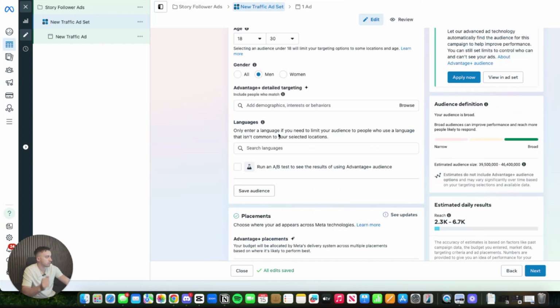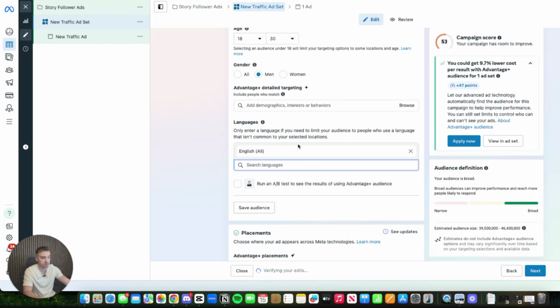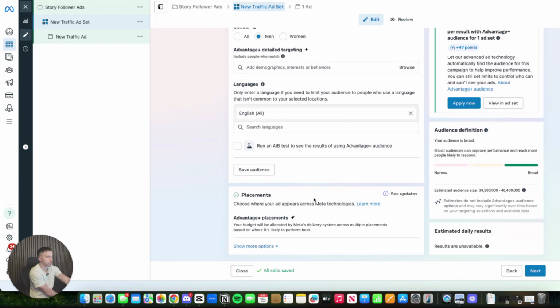Now from here, all languages. I only speak English. So depending on where you are, there may be different languages in different countries. For example, the United States has Spanish people. So I only want to target English. I don't want to waste my money on the Spanish people because at the end of the day, I might risk them not knowing English. It might seem like, my ads are in English, how are they going to opt in? Believe it or not, I've had it many times where, when I first started out, I didn't do this, and all I got was Spanish people, and I'm sitting there like, I can't do anything with this. So always make sure, unless you speak Spanish or a different language, only put English, okay?